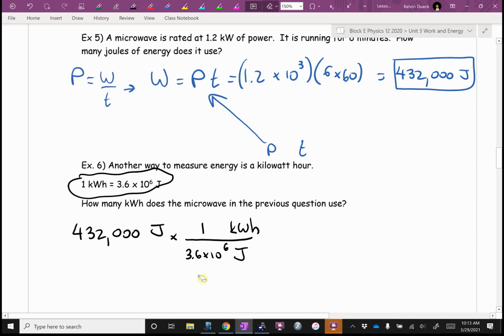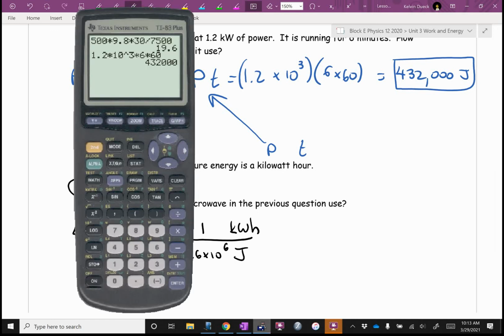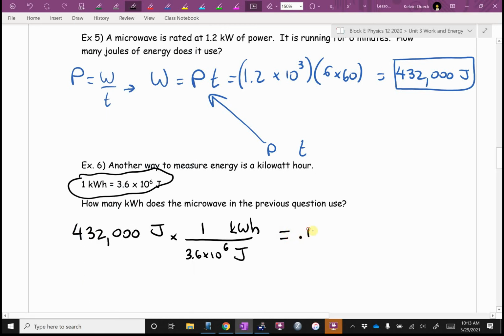Am I going to times by 3.6 times 10 to the 6th or divide? How do I know? It's on the bottom. This is that unit analysis, dimensional analysis trick I showed you last year. Those of you that are in chem, I'm willing to bet you're using that fairly often to do a lot of your conversions. It's a handy thing to have in your pocket. So it's going to be this divided by bracket 3.6 times 10 to the 6th. 0.12